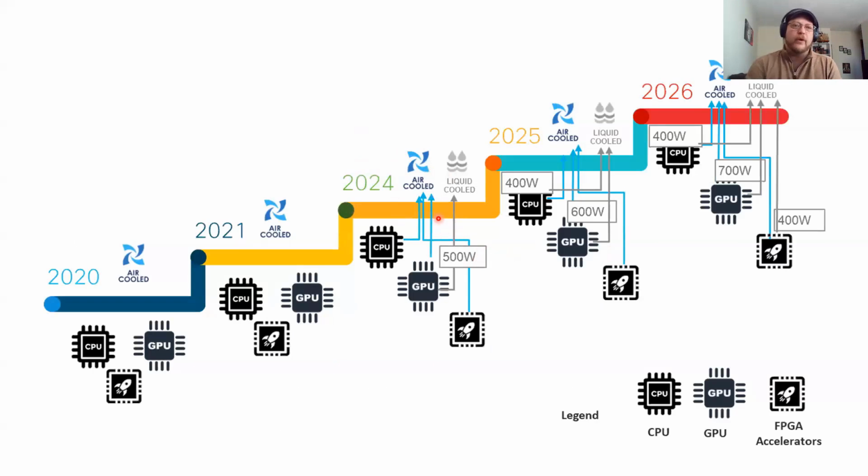As of 2024, we are looking to start liquid cooling your GPUs around June or July. Soft roadmap. We don't know if that's going to happen just yet. You never know, right? What happens in the future. But then by the end of 2025, I want those CPUs and GPUs also liquid cooled. And then by, this looks like it's the end, but probably mid 2026, you're going to have your FPGAs, your front side graphics accelerators, your graphical processing units, your central processing units, all going to be liquid cooled or have